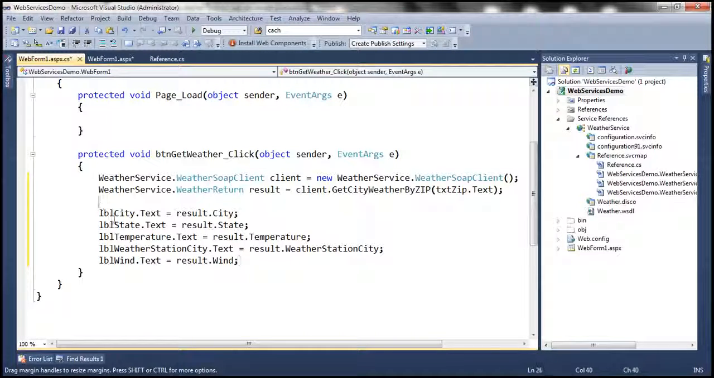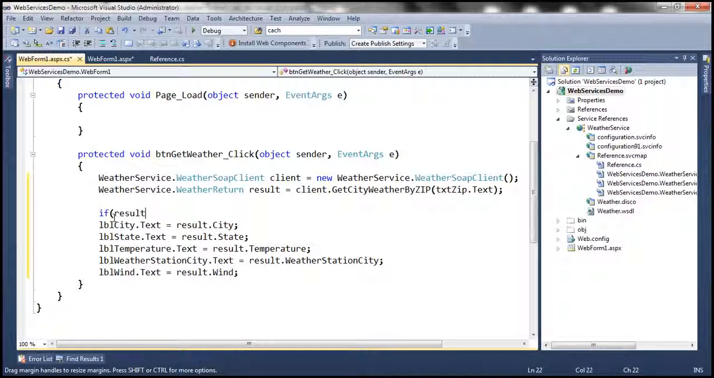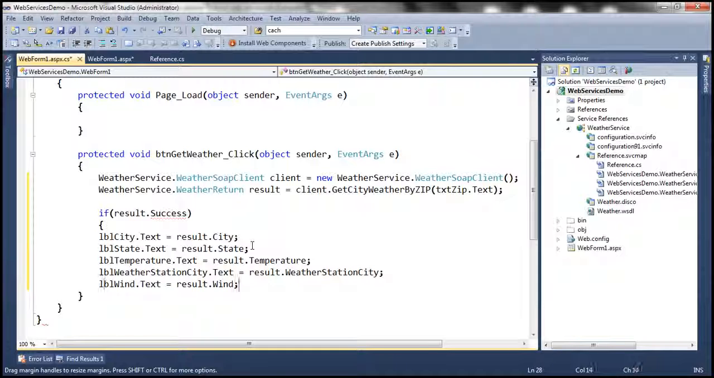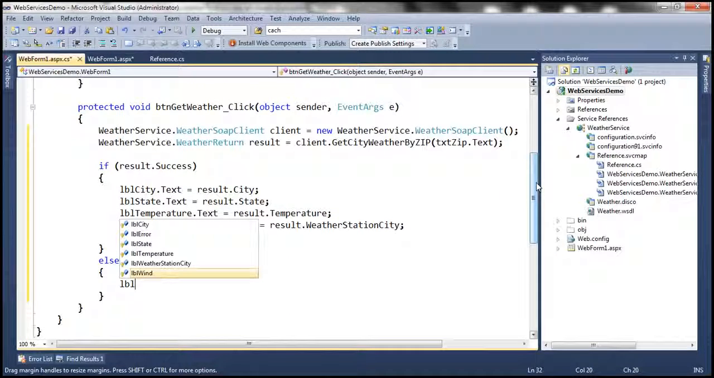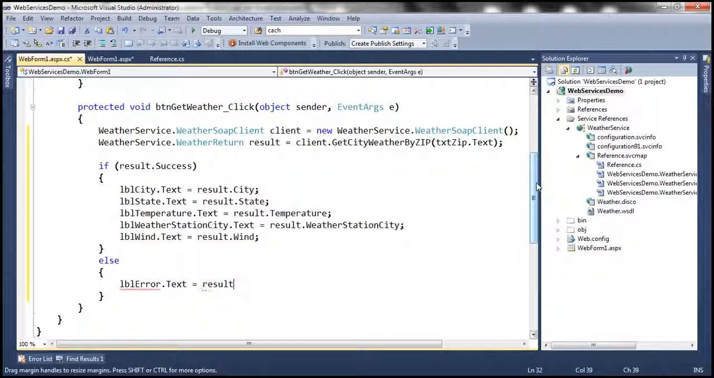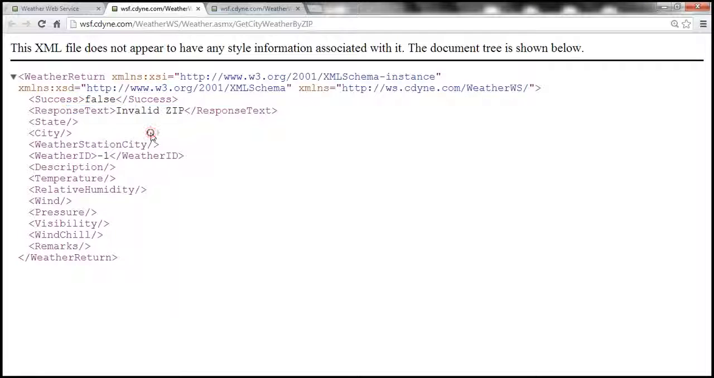So if the result object's success element, look at that, that's a Boolean property, meaning it's either going to return true or false. If that property has returned true, then display weather information in the label controls. Else, if it has returned false, then it comes to the else block, in which case in the error label we want to display the value that is present in the response text property of that result object. Okay, so if we provide an invalid zip code, what is response text going to be? Invalid zip, and that's what will be displayed in the